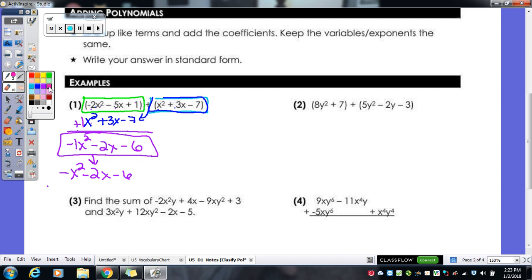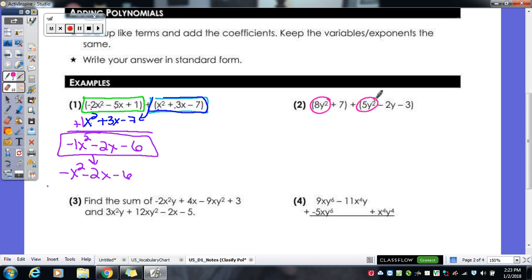All right, let's try the second one. So we got 8y squared plus 7, and then we're adding to it 5y squared minus 2y minus 3. So I showed you on the first one, one way to do it is to actually line up your like terms. So in this case, you would line up your y squares, your y's, and your numbers. Another way that some people like to do it